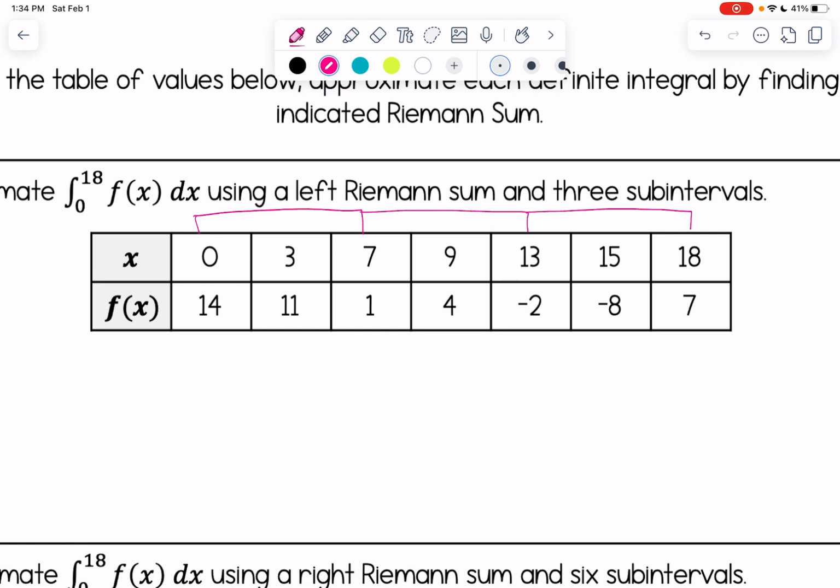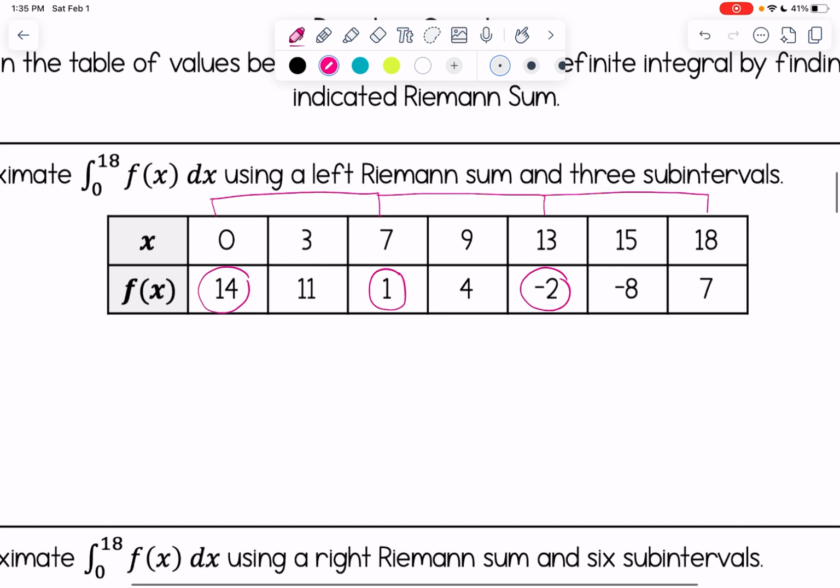Since this is a Riemann sum and we are using a left Riemann sum in particular, for each of those intervals, when we calculate the area, we're going to be using the leftmost output. So from 0 to 7, the leftmost point is when x is 0, so the leftmost output is going to be 14. From 7 to 13, I'd be picking 1. And from 13 to 18, I'd be picking -2. So we could say that the definite integral from 0 to 18 of f of x dx is approximately equal to